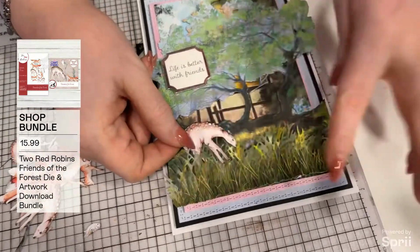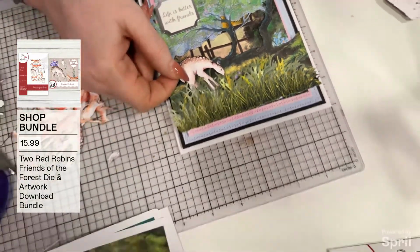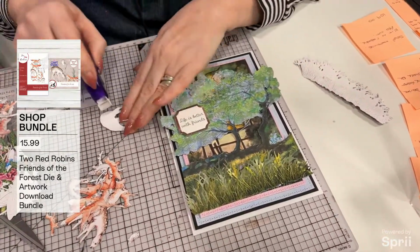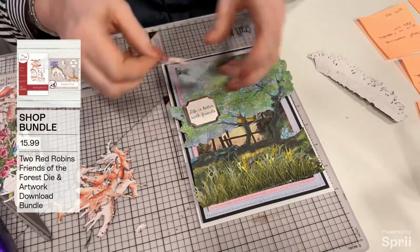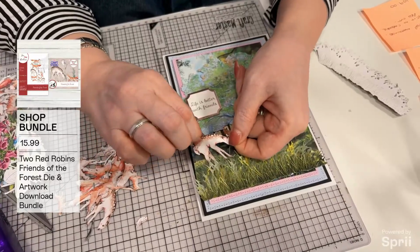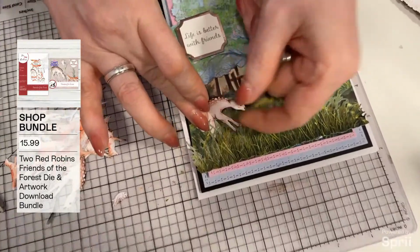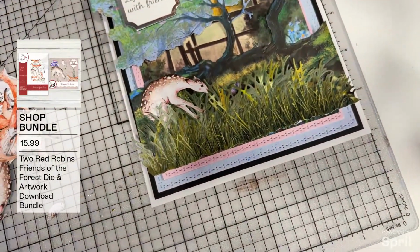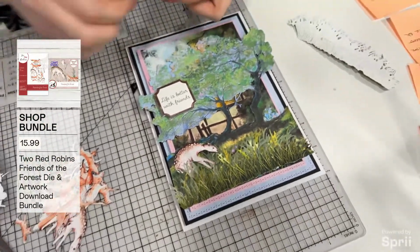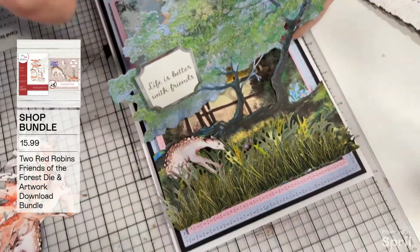Never be afraid when you're making your cards. You don't need to put glue on every little piece and stick them all flat. No, you don't need to do that. So I'm just going to put a little bit of tape on his bottom, so I can tuck him in. I'm going to nestle him in amongst the grasses, like so, okay? And I'm going to bring him forward a little bit like that one. So I'm going to go with the little tiny owl, and he's going to sit. Now, I've lifted it up, and if I can...